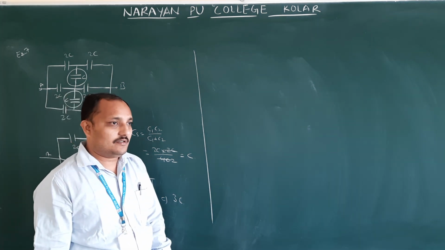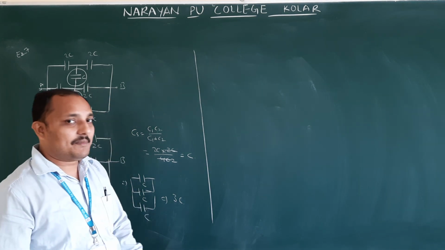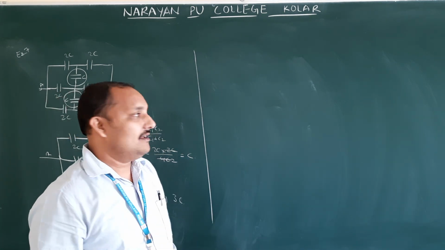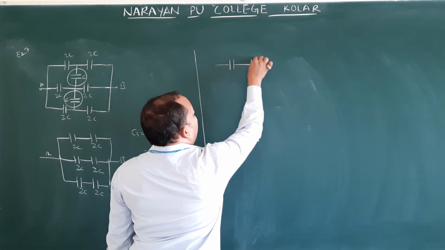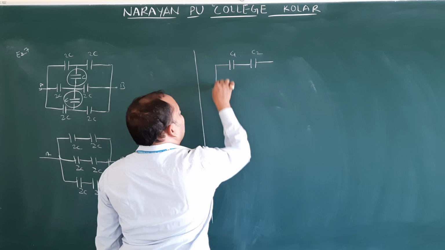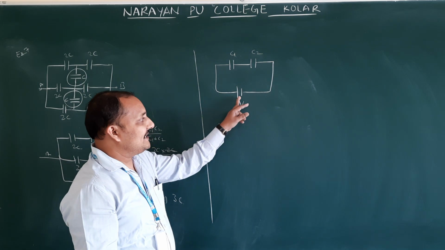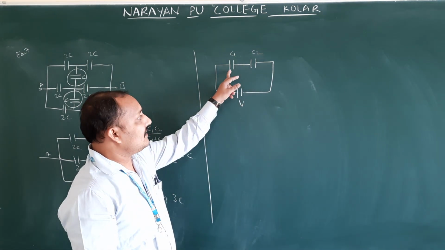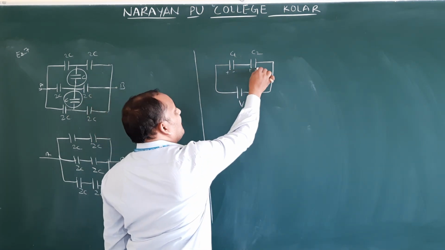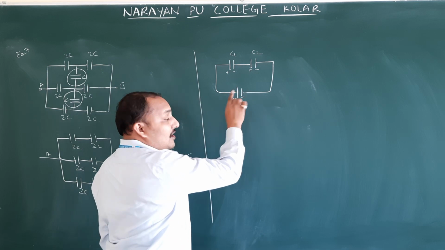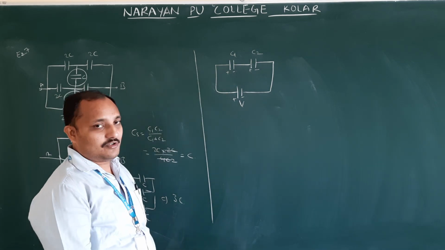So next our concept is how to find the potential difference and charge on each capacitor. Capacitors can be connected in either series or parallel. First we are going to discuss the series combination. When they are in series, I am taking the example C1, C2, connected to a battery B. Whenever we connect a battery, one is a big terminal, one is a small terminal. Here for capacitors, both have equal terminals. Okay, if you don't write plus or minus also no problem, but draw them equally for competitive exams. In PU you have to maintain plus and minus, plus Q, minus Q.